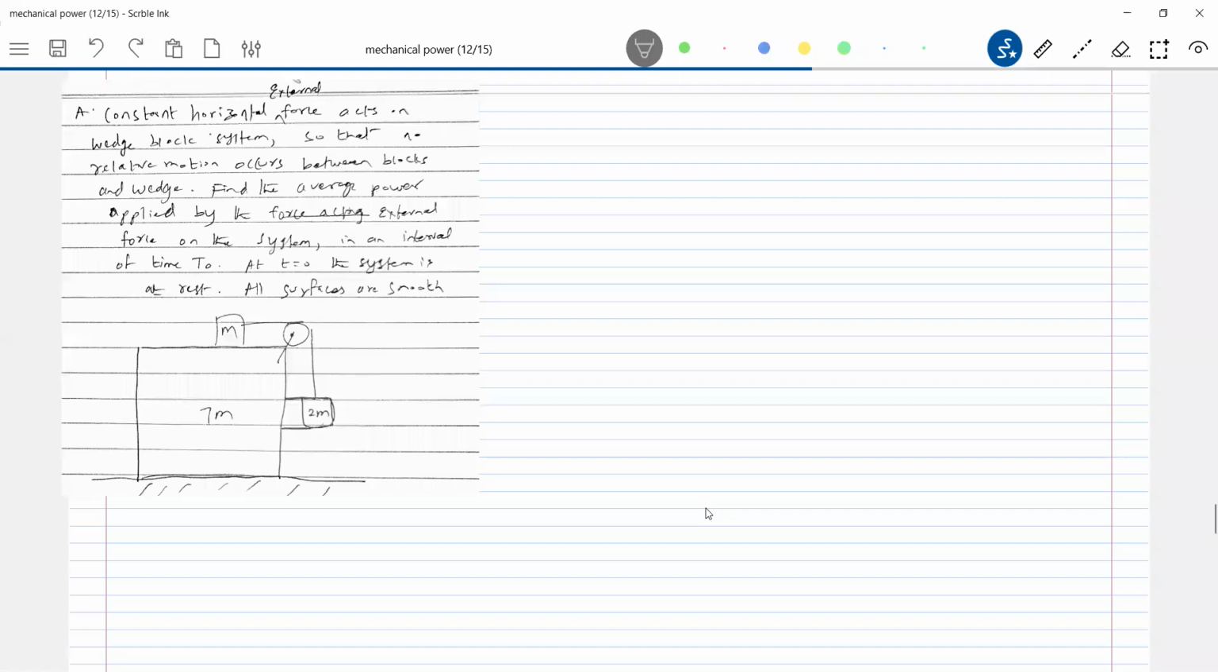Okay, no, this is a very good application question I'm bringing. A constant horizontal external force acts on the wedge-block system so that no relative motion occurs between the blocks and wedge. Find the average